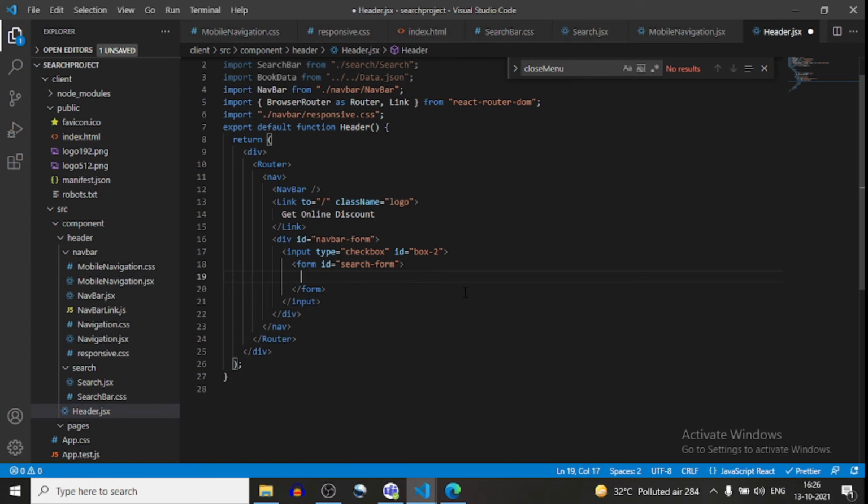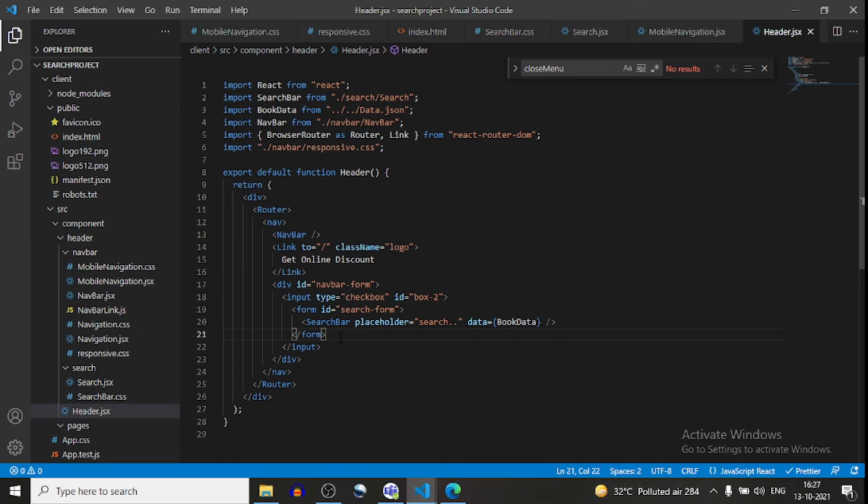This search form has our component SearchBar, and in this SearchBar we are passing the placeholder. I have already discussed this in my previous video. Here we are also passing the data, and the data is coming from book data. This form has been closed.